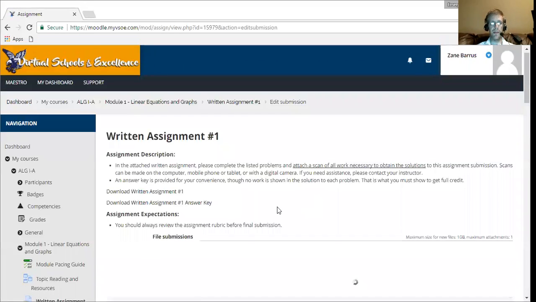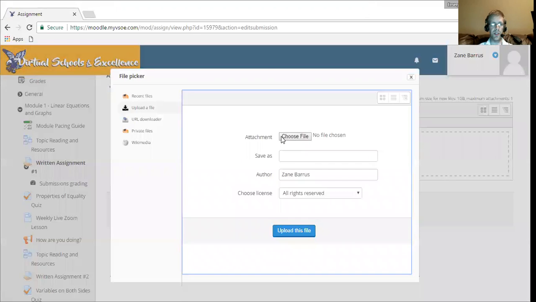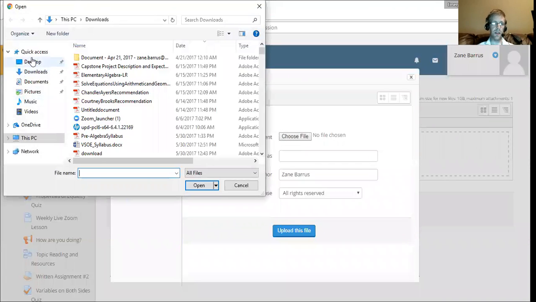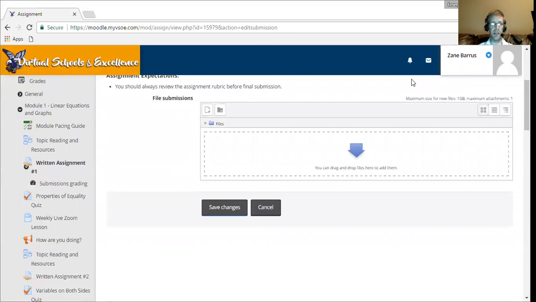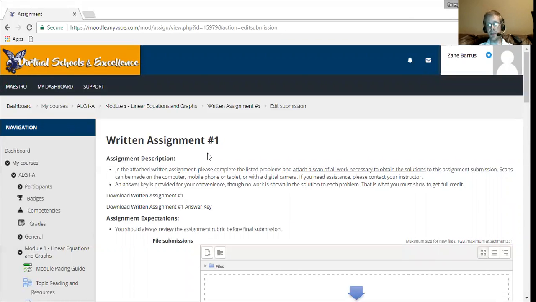So when you click that, it's going to open up a box that's going to allow them to add a file, which they can find on their desktop or wherever they saved it. Okay. Once I submit it, it's going to light up in green saying you've submitted an assignment, and it'll be in the teacher's inbox to grade. Going back to the class,